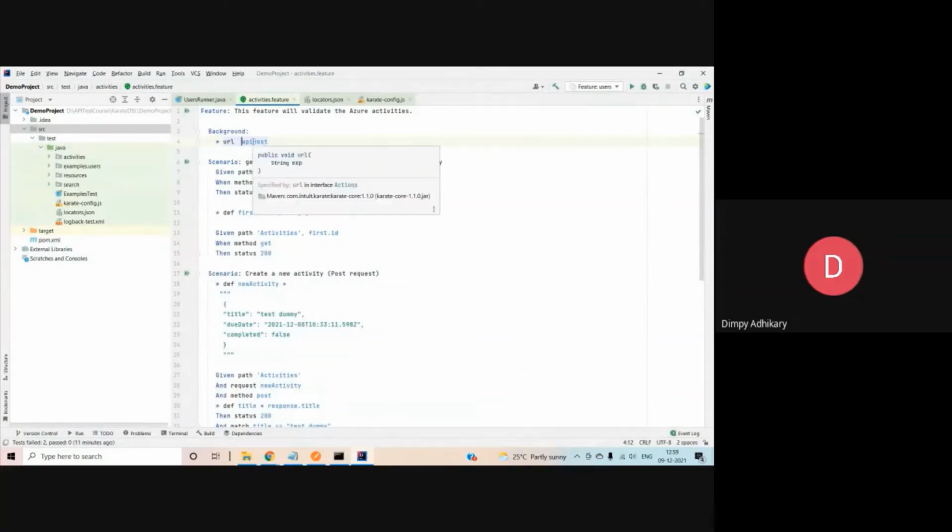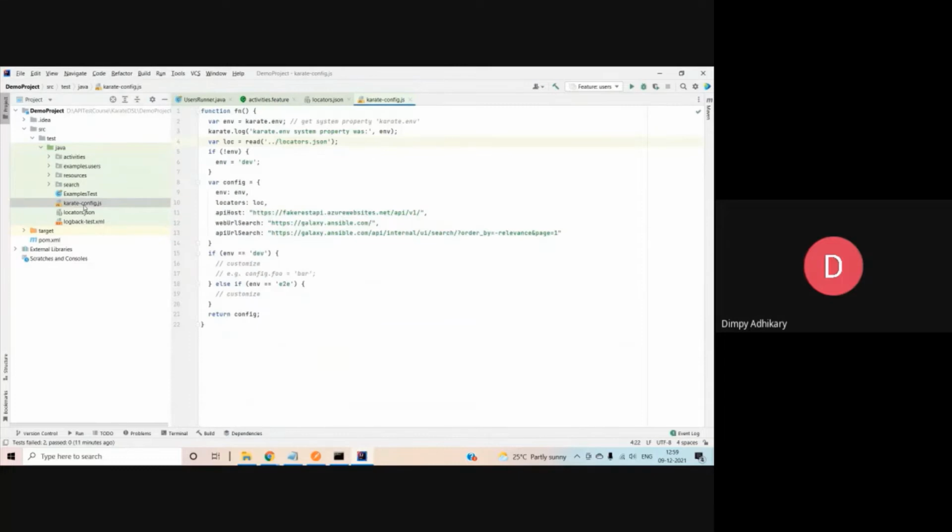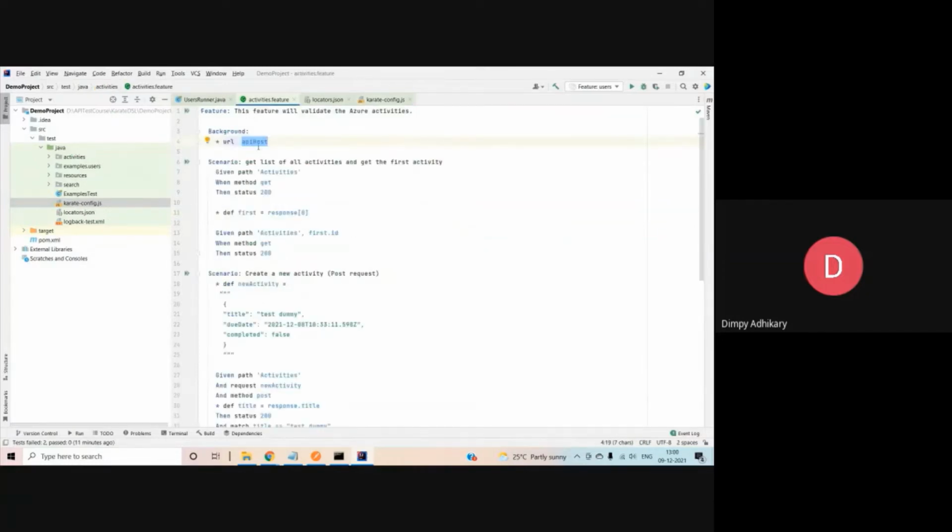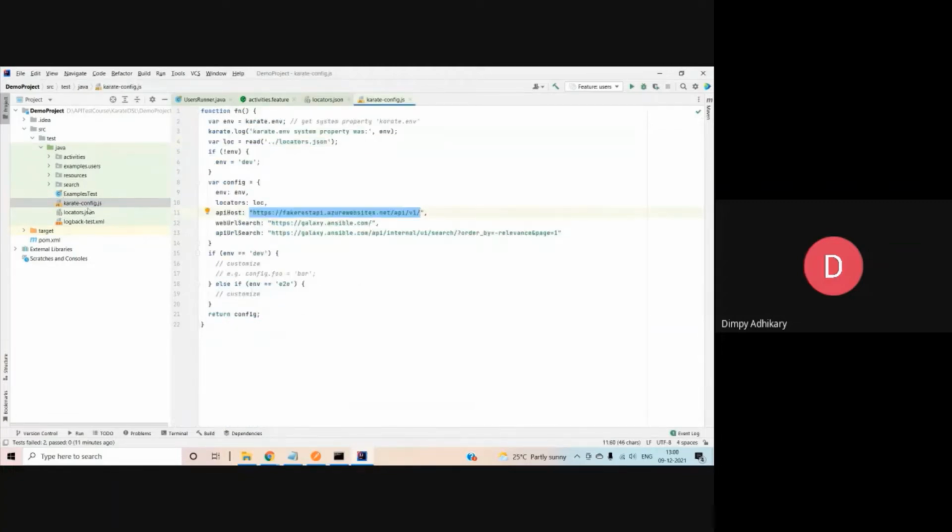So I am adding this one. Okay, I'll tell you first about the karate config file. There is a config file here. In this config file, you can also add your variables, like any configuration variables, if you want to use them across your feature files. It's like a JSON, right? Key value pairs you can add. So the first config parameter for me here is the API host, right? So I have added it in the